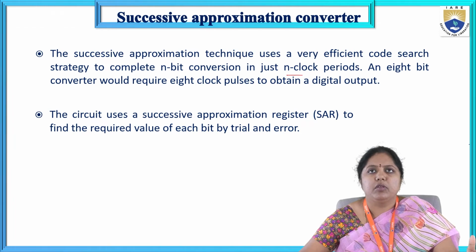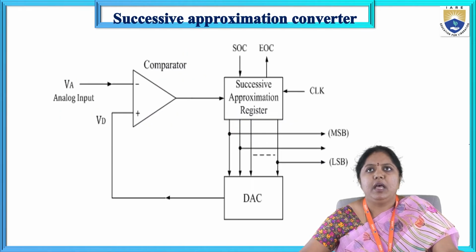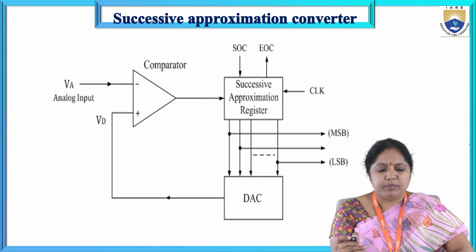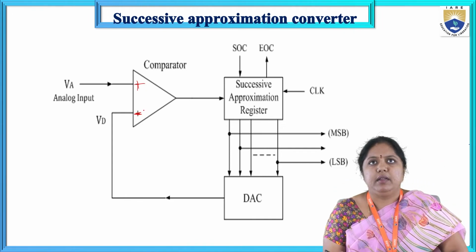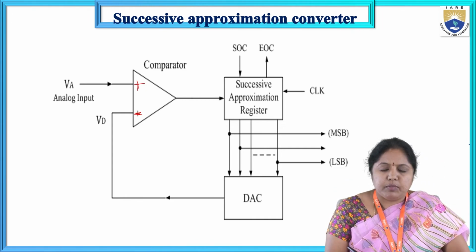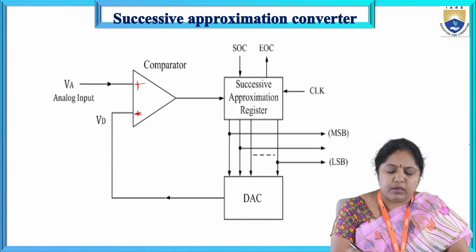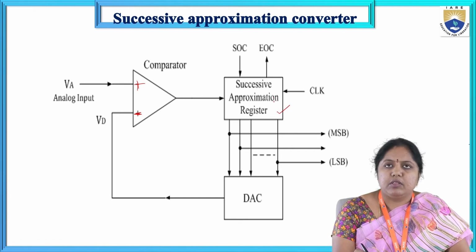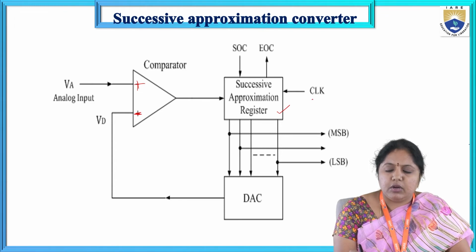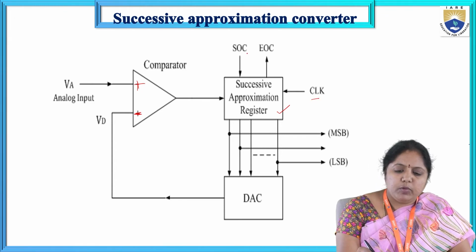So here the entire process is done based on the trial and error method itself. Completely it is based on the trial and error method. Now if you see here, just observe this model. Here this is the positive of the comparator and this is the negative of the comparator, right? Now if you observe this successive approximation type of converter, we are taking the successive approximation register, right? For this register, we are giving the clock as the input, and